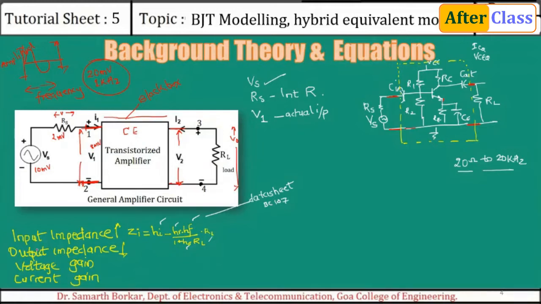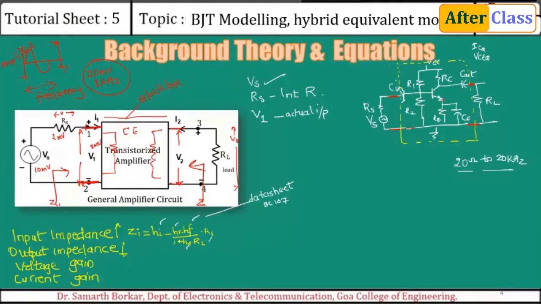Again, as I said, it all depends upon the input resistance and the output resistance, that is input impedance and output impedance. This is the input impedance and this is the output impedance. So when I look from this end, the resistance offered by this network is the input impedance. When I look from this end, the impedance offered is the output impedance, Zo and Zi. Similarly, what is I1? I1 is the current going into the amplifier. So this is the input current I1.